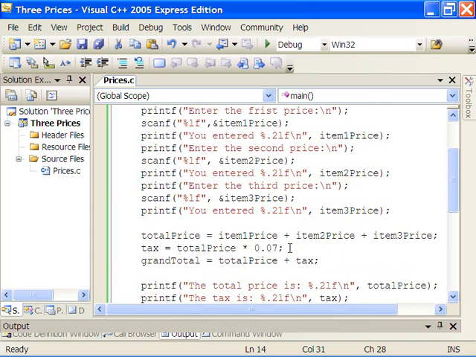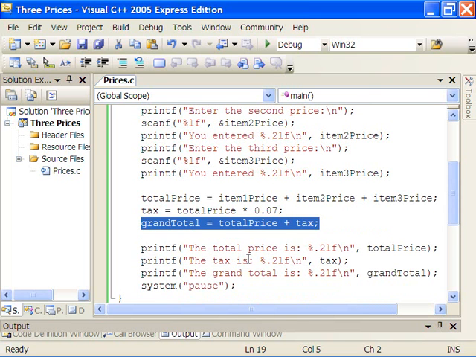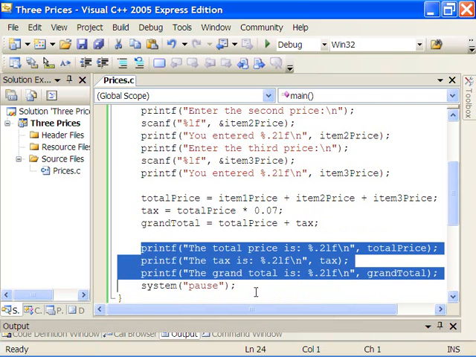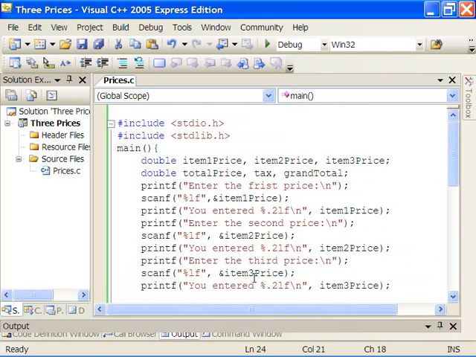Then we did the calculation steps. We found the total price by adding the 3 prices that were entered. We calculated the tax by multiplying the total price by 0.07. And then we calculated the grand total, which is the total price plus the tax. And then the final step where we output the results, the calculated values, the total price, the tax, and the grand total. Okay, we haven't put any comments in here yet,